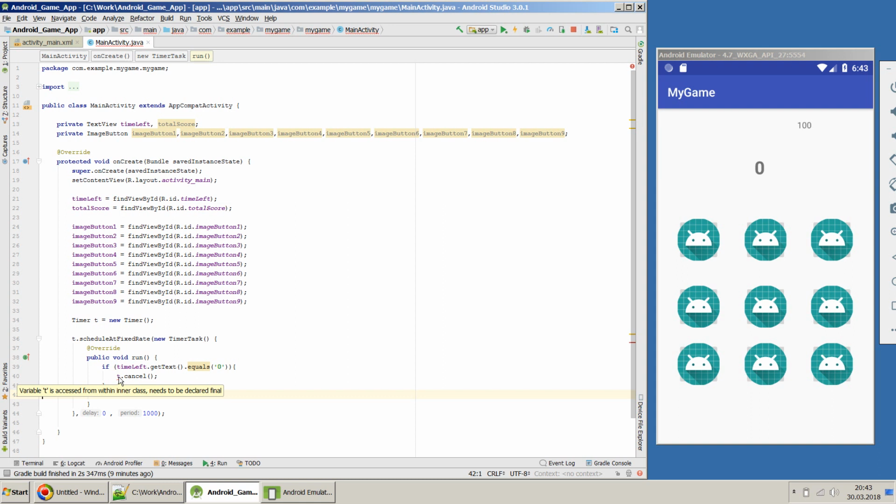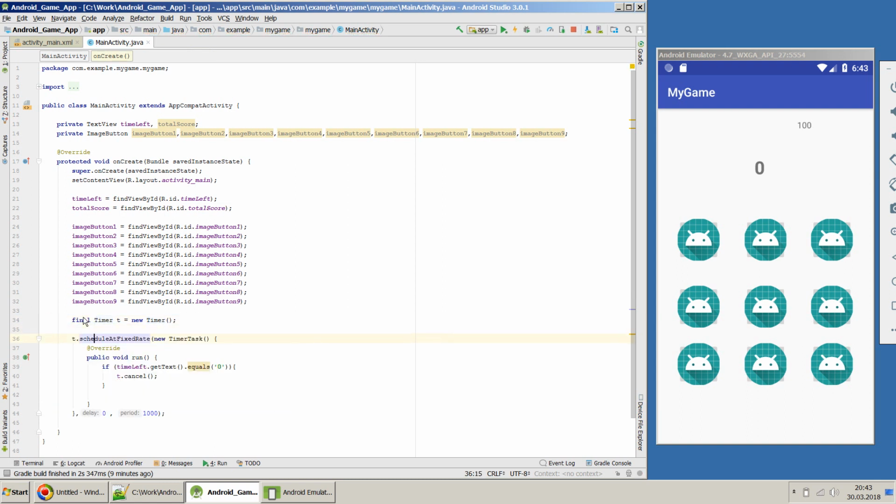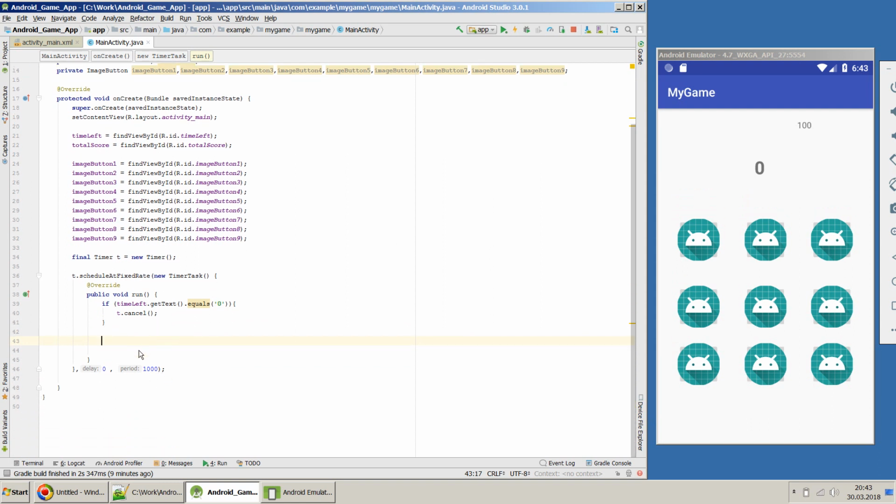Okay, so now here it's giving that warning that it should be declared as final, and let me go and put a final. Yes, so now my t becomes final. So once we have cancelled this timer, now let's write what would be our main operation. So one way is we can write the complete function here, or rather than that, I will prefer to have a separate method which will be called, public void,